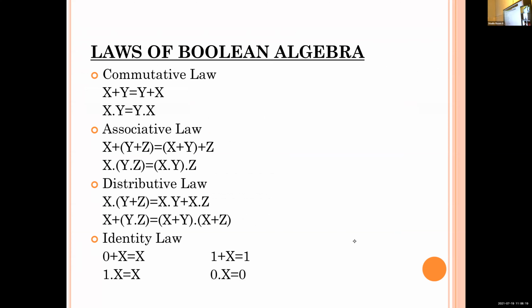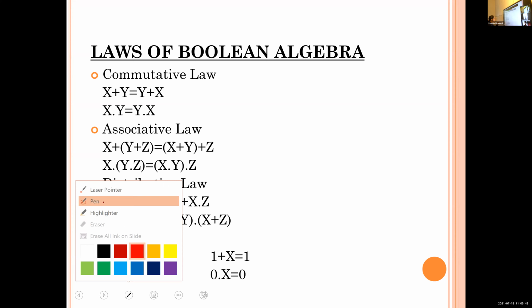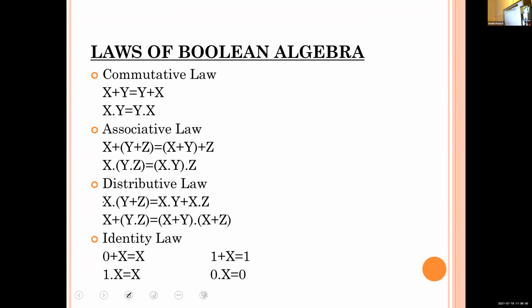Okay. I will just explain what is commutative law, associative law, distributive law and all these laws, and you want to write the truth table based on this law and also draw the logic circuit based on the law. So the first law, it is commutative law. In all the sections we have two laws, based on OR gate and based on AND gate.